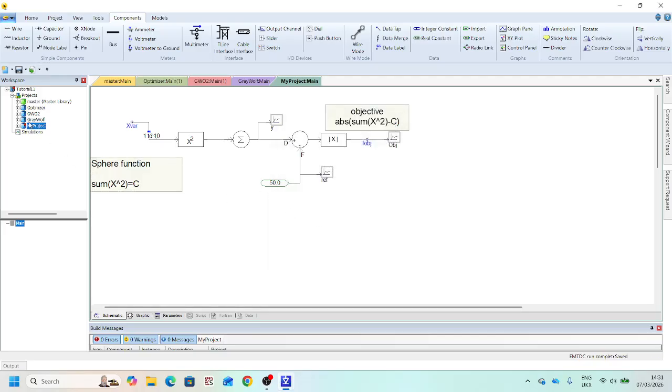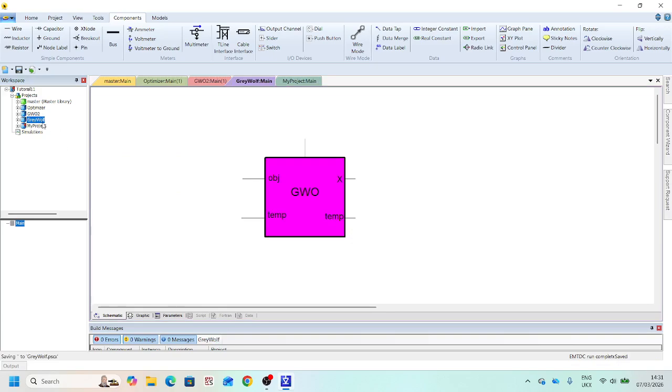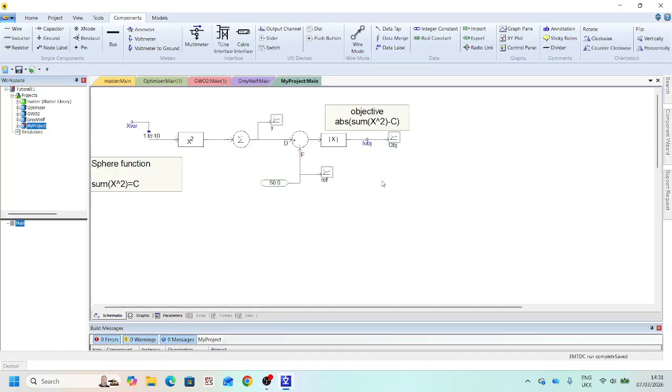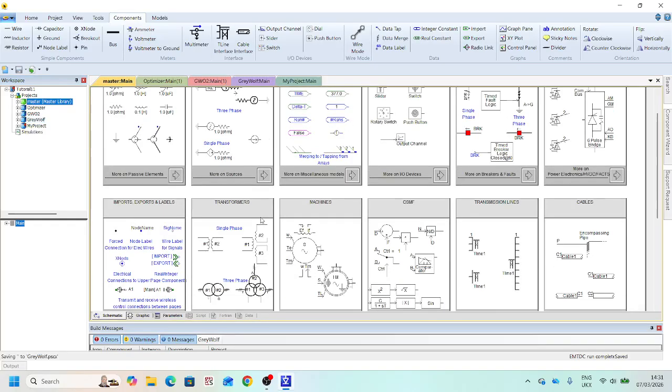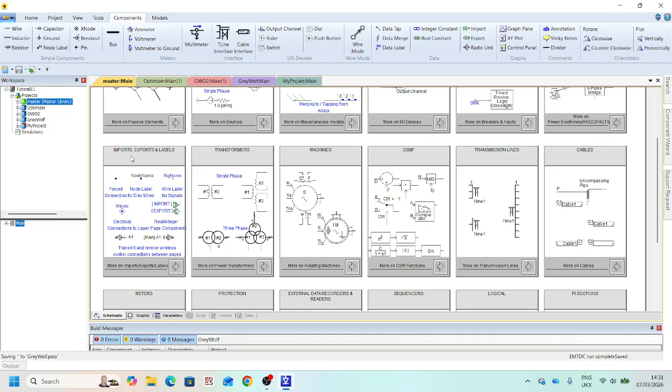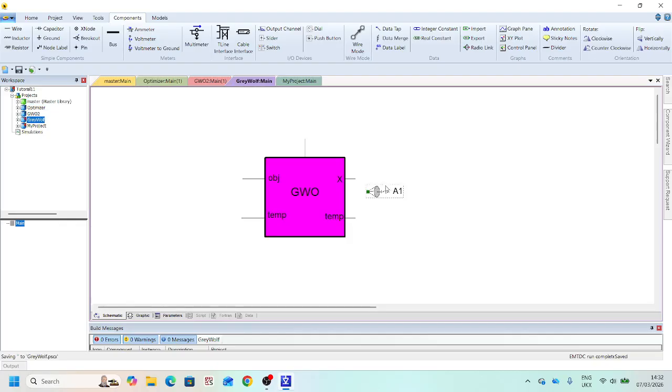Now, how to link both? This is the problem. How to link Grey-Wolf with this project. So what we need to do, we need to go to the master. We have the master library. Then we have this import export, and we have this wireless. You can see those wireless, transmit and receiver. So this is the transmitter. I will copy this one and go here,